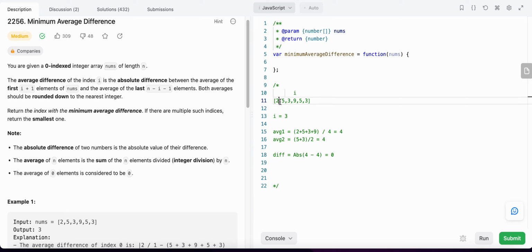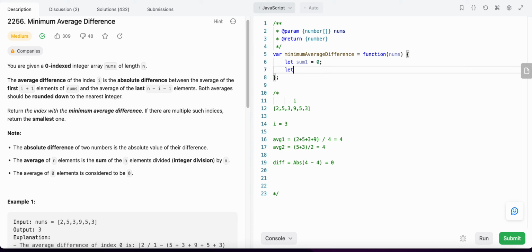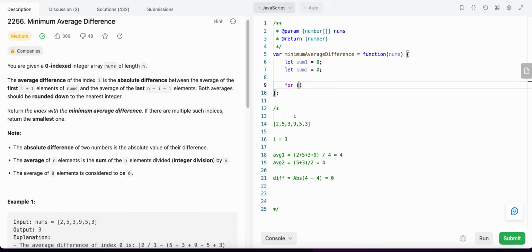Since we need to find the average at each point, let me just talk you through the code. That would be much easier. To find the two averages, we need two sums, right? So let me have sum 1 for average 1 and sum 2 for average 2. Initially both of them are 0. Now let I equal 0, I less than nums length, I plus plus,